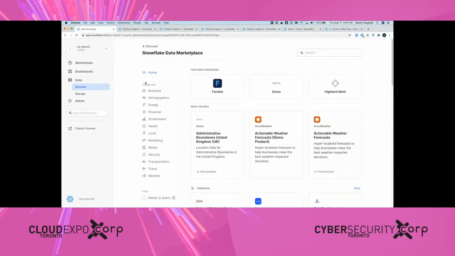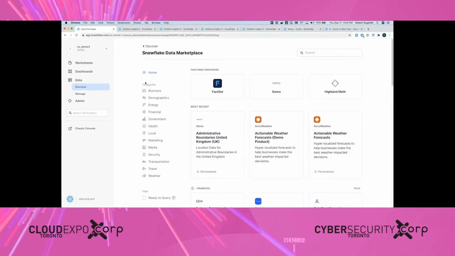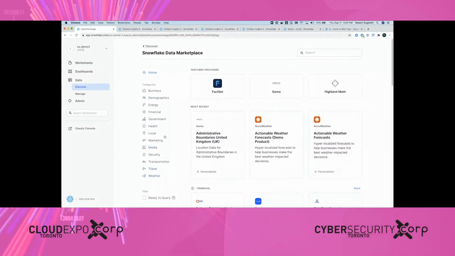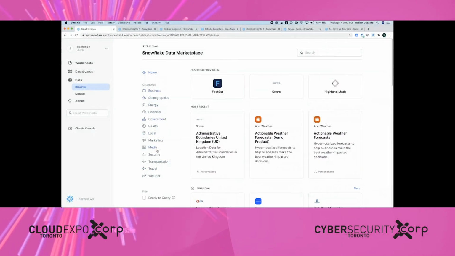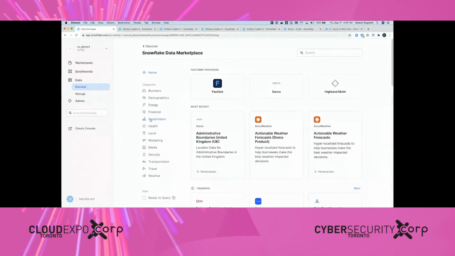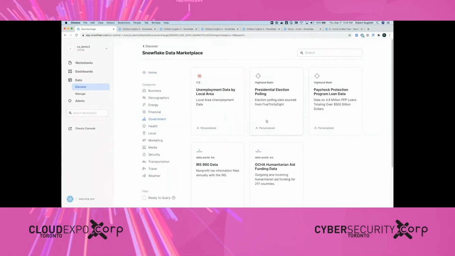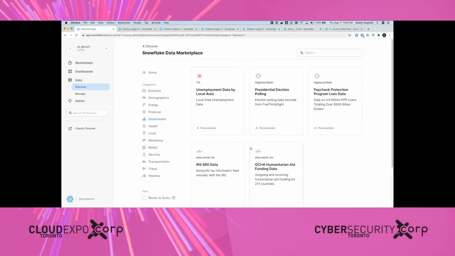And if they have, I potentially can utilize that in my analysis. And what I can see here on the left-hand side is the different categories, different breakdowns of data that is available for me to utilize within a couple of clicks. Whether I want security data or government data or financial data, I can drill into these different data sets, and I can understand or potentially utilize these to help get more insights into our data that we have in our